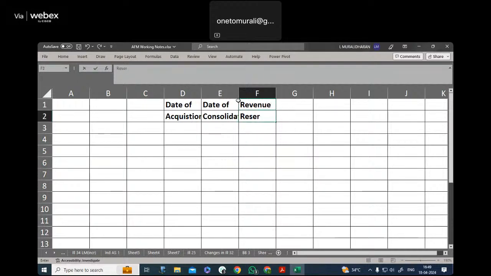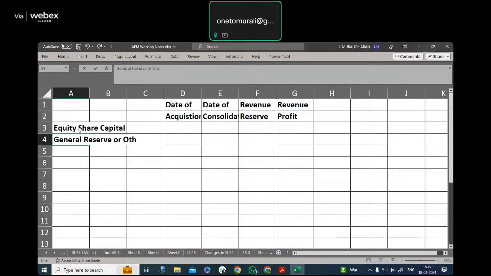Revenue reserve. Revenue profit. Here, equity share capital. General reserve or other reserves. The retained earnings. Then fair value adjustment